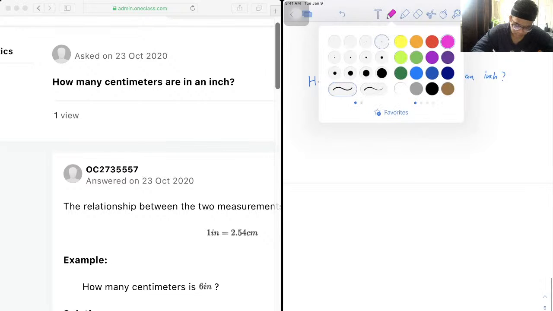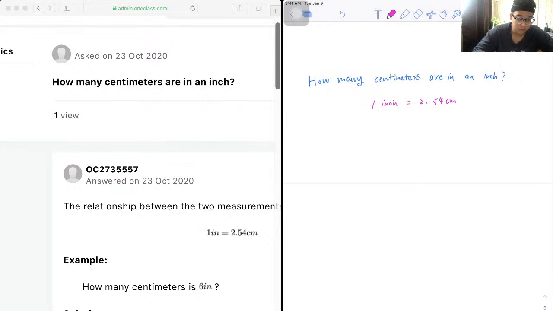And if we're given a question like how many centimeters are in, let's say, 6 inches,